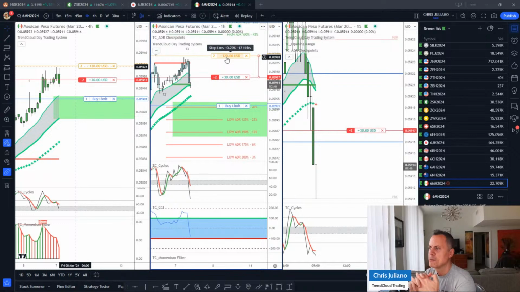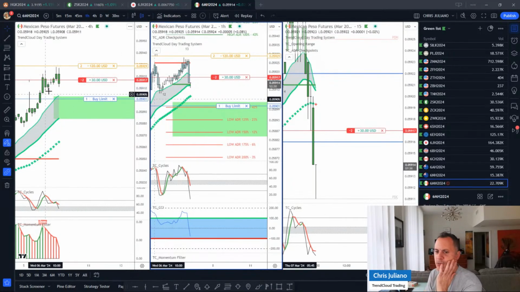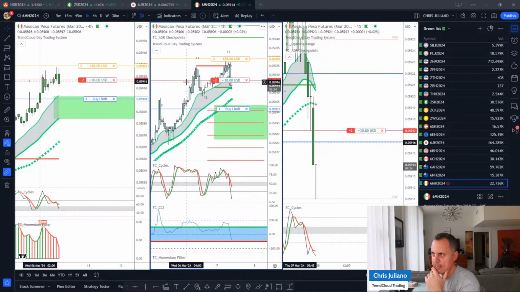So practicing in the simulator is how we get familiar with our trade plan. That's how we get familiar with our trade plan. So again, we got into this trade on the Mexican peso yesterday because it hit an ADR checkpoint yesterday on